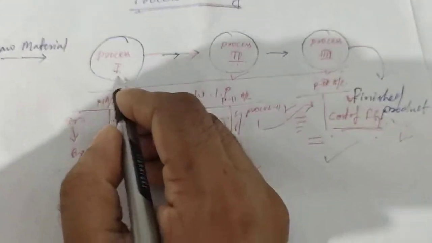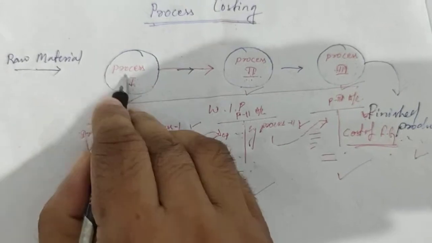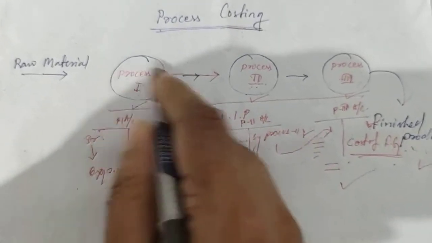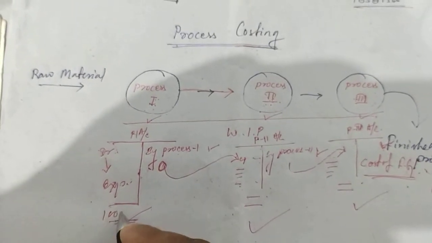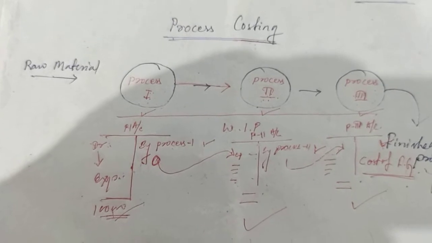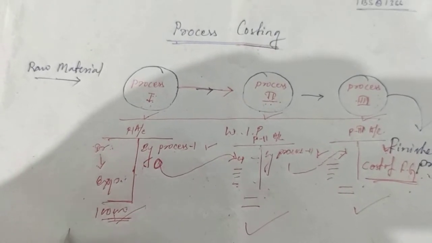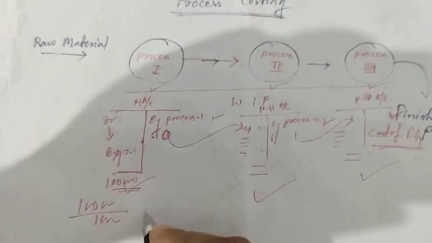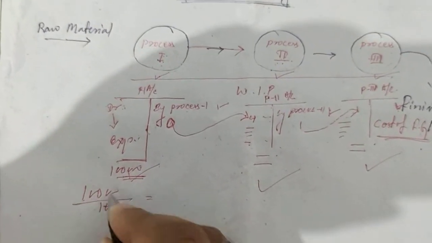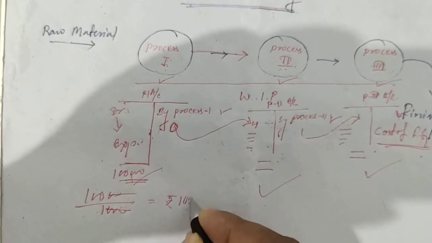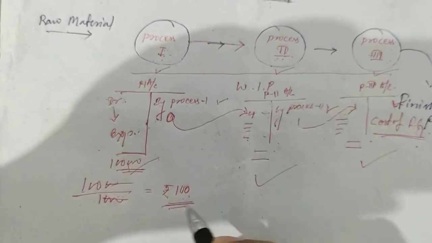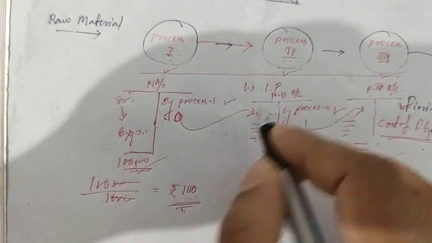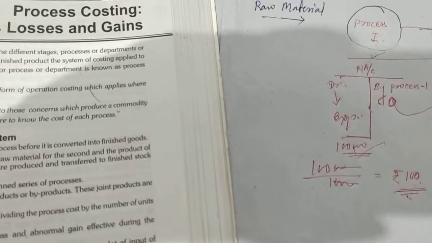Suppose in process 1 we input some raw material, some expenditure is incurred, and the total cost of this process is, suppose, 1 lakh rupees, and the output is, suppose, 1000 units. That means you have to divide 1 lakh by 1000, that means 100 rupees each. The cost of production of process 1 for each unit is 100 rupees, and that unit cost becomes the raw material cost for process 2. Okay. Then next,